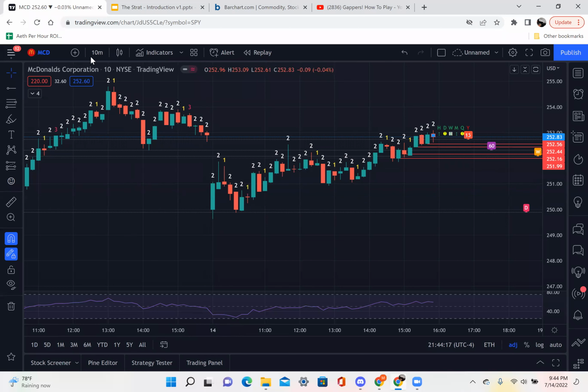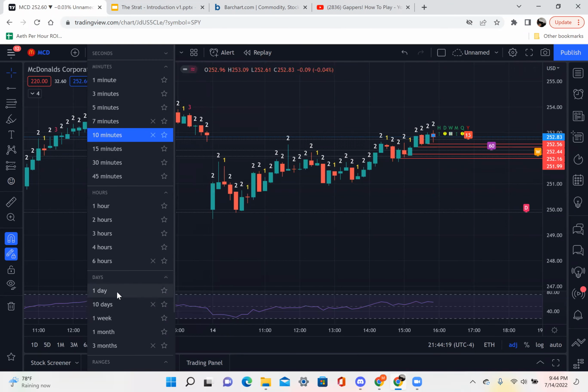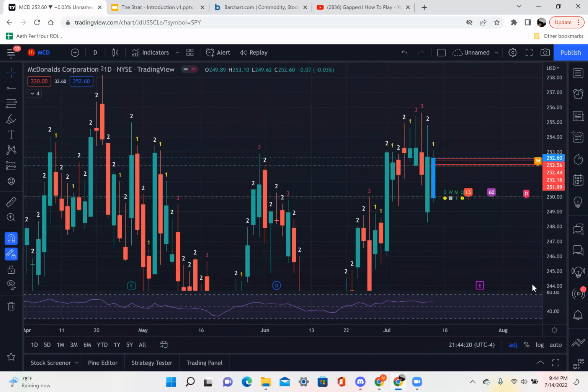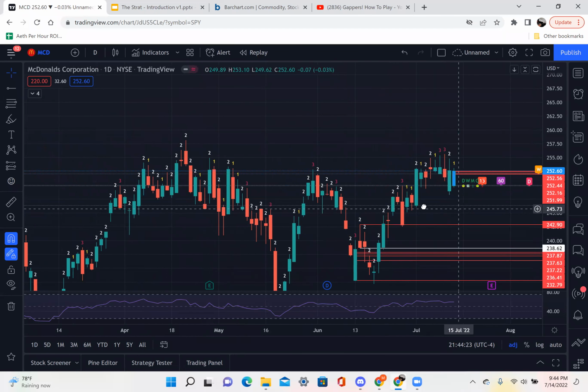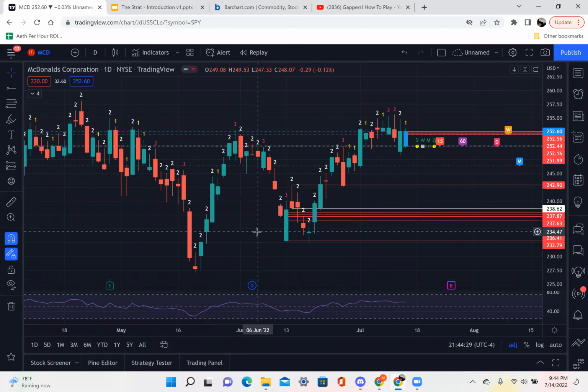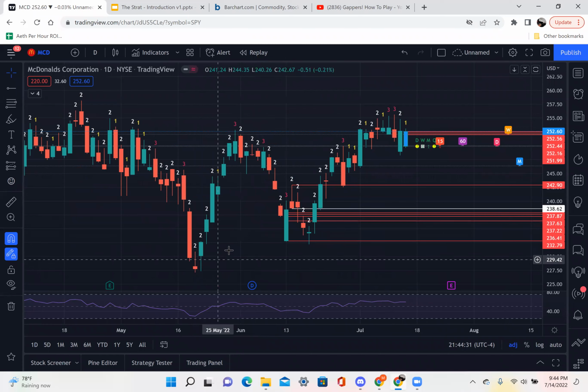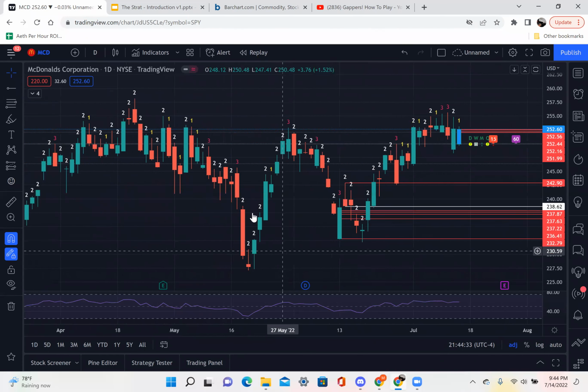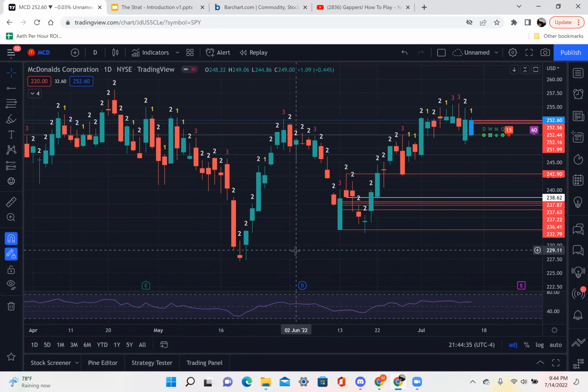Oh, that's why it's throwing me off. I'm on a 10-minute time frame. That's why I like explaining it. I like explaining certain things on certain time frames because it clicks better. And then when you learn how to trade it, you'll understand it on a 5, 10, or 1 minute. So this is the real reversal to